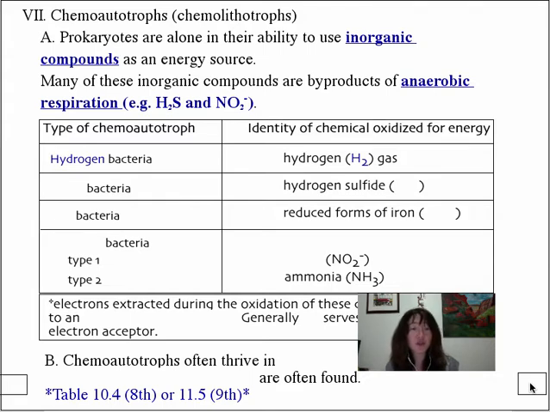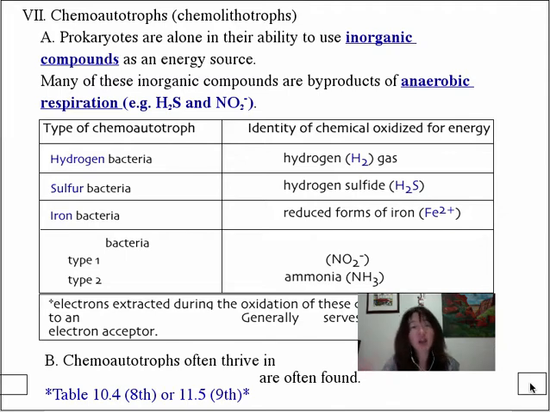These bacteria will rip and strip high energy electrons off of hydrogen gas. There are others that see sulfur as their source of energy and will in turn rip and strip high energy electrons off of hydrogen sulfide. And in many cases, they will actually create sulfuric acid as a byproduct of this catabolism. So recognizing the possibility of some of the byproducts of chemoautotrophs as being things that are very likely to solubilize minerals, we're going to come back to that momentarily. Keep it in mind. We also have the iron bacteria, and iron bacteria are going to take iron 2 plus